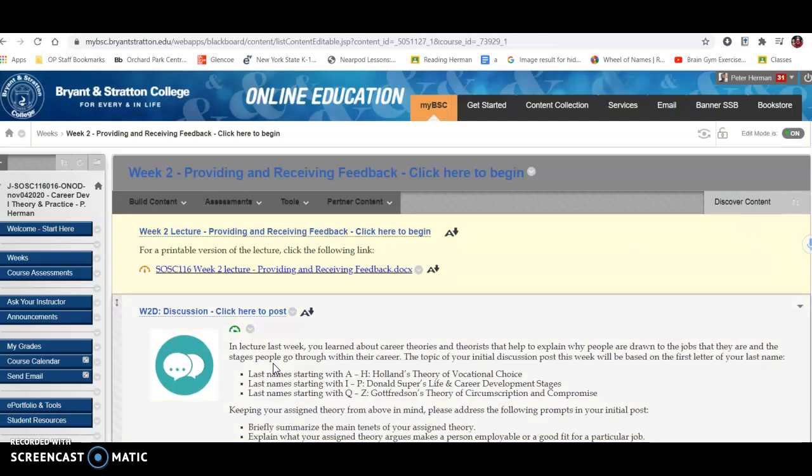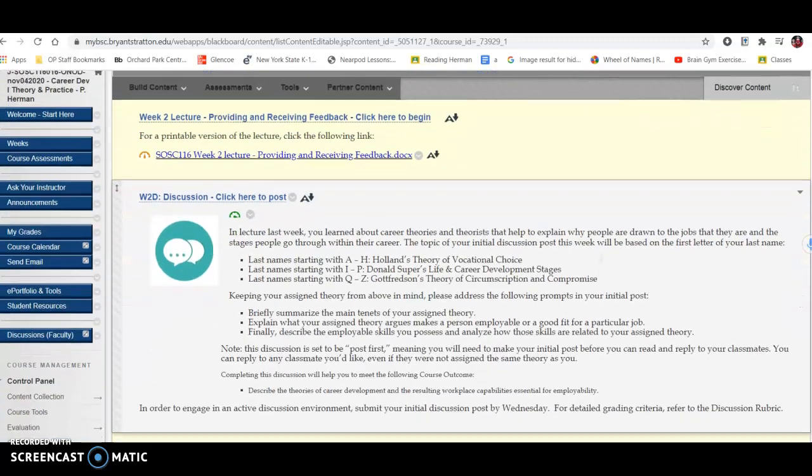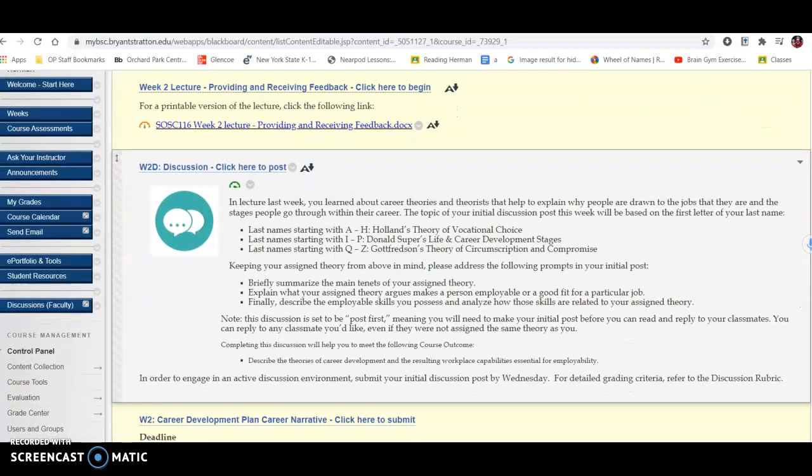That is really just helping you learn the expectations for when you are responding to people in the discussion area, when they are responding to you, how you can react, and also a skill, of course, you can use throughout life. And then if you move on to the discussion for this week, this is revolving around the last